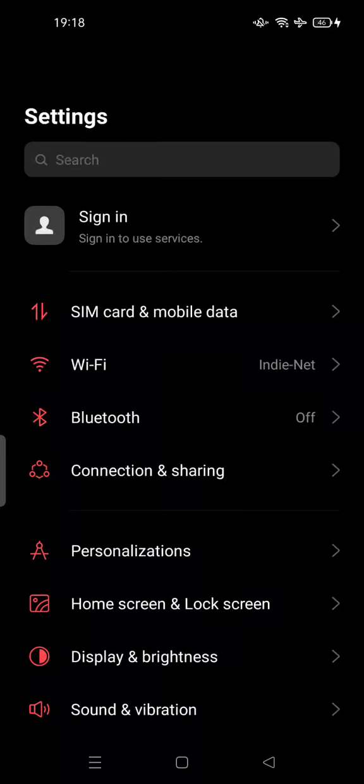Today I'm going to show you how to change the system language on the Nokia G21 or other Android phones. So let's start. Let's change the device language by tapping on or going directly into the Settings button on your phone,